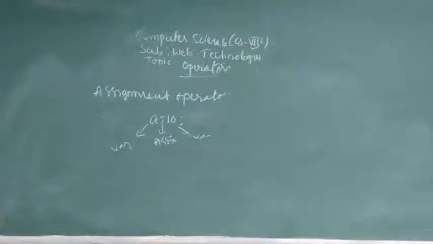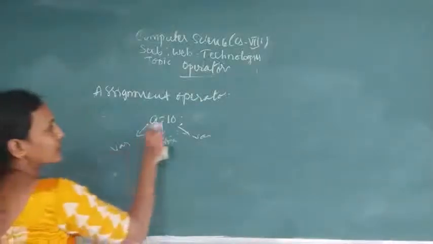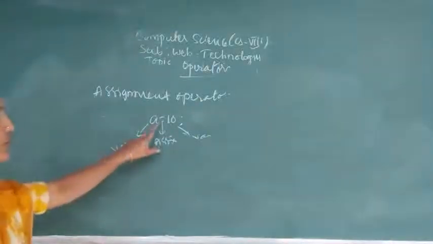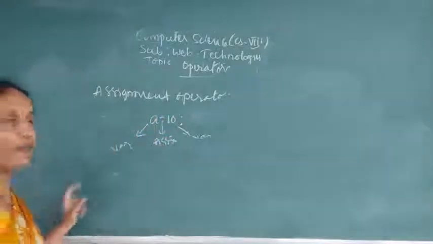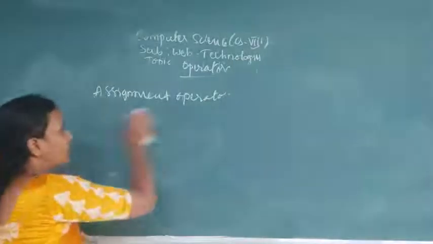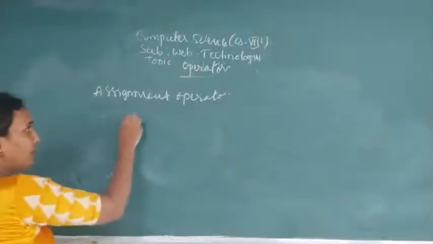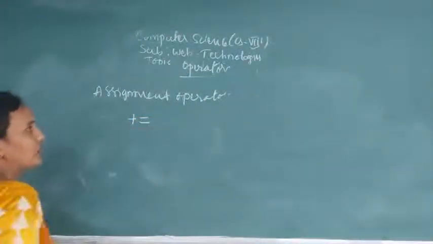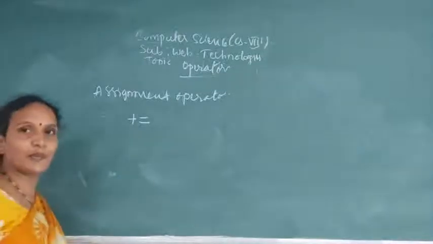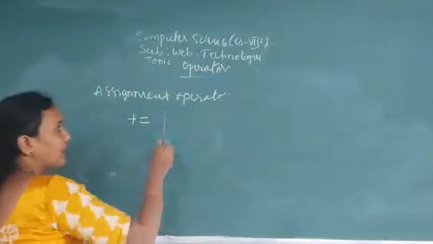This assignment operator you can also use in different ways, which I will explain now. This single equals is an assignment operator, which assigns a value to a variable. A double equals is what operator? That is a comparison operator. You can give it this plus this one, plus equals to. This is also one type of assignment operator.